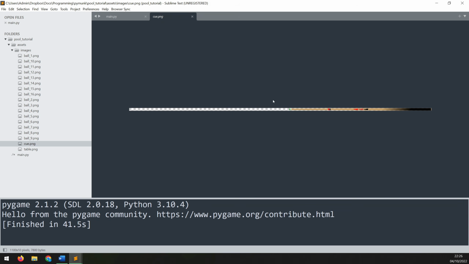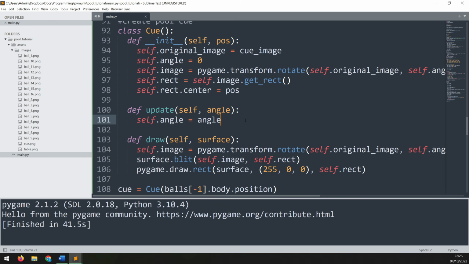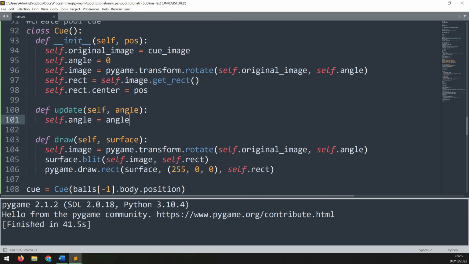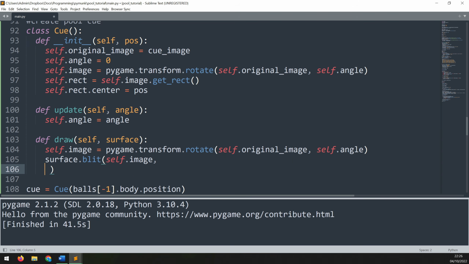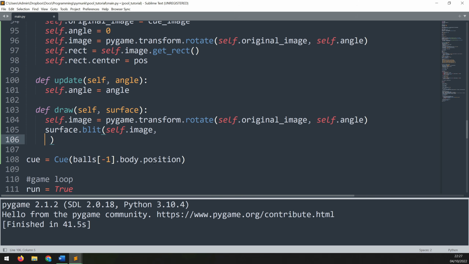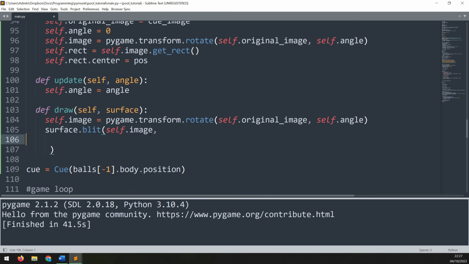Now this is done deliberately, to allow us to rotate the Q around the center point, but it does mean that we need to slightly alter the code for drawing it on the screen. So I'll hide the panel and I'll get rid of this rectangle because we don't need it. And I'm just going to change this section here of the surface.blit function. So after this comma, I'm going to break it down over a few lines and I will manually add X and Y coordinates for it. So we'll add another bracket here. And the X coordinate is going to be